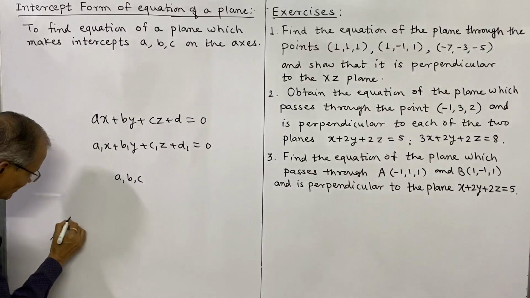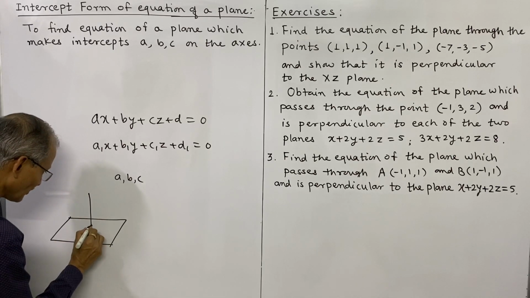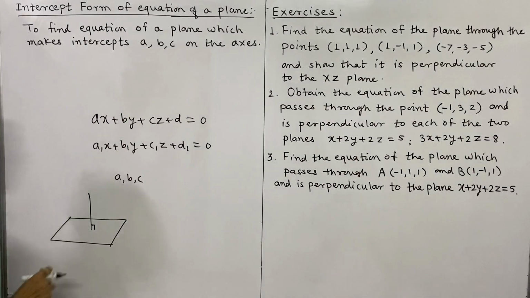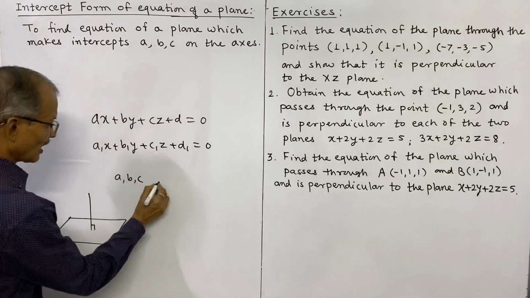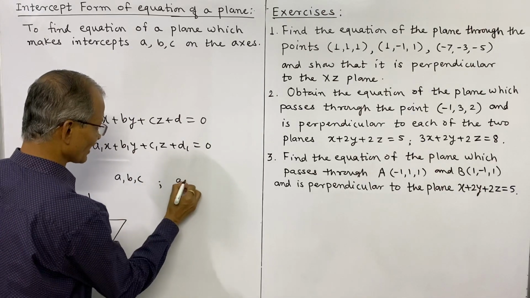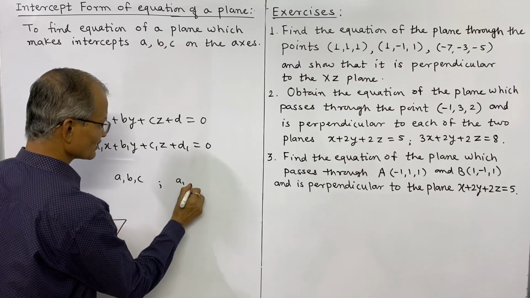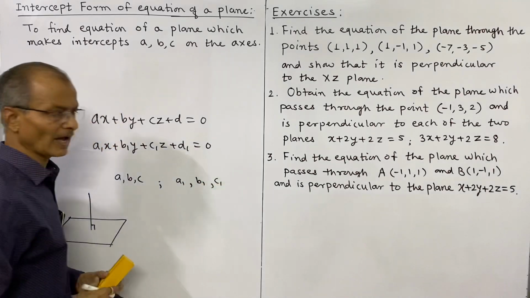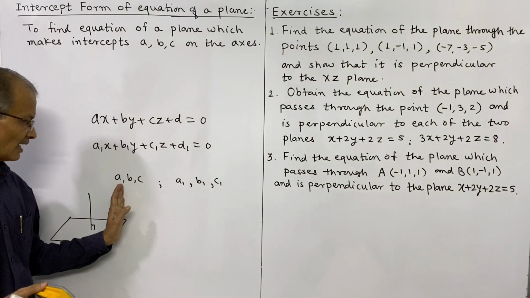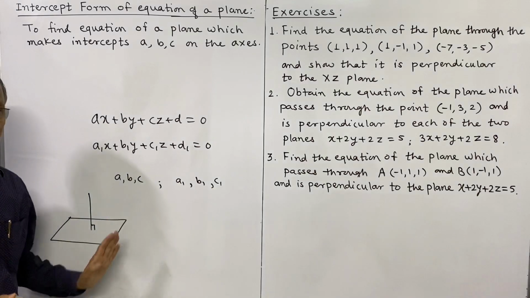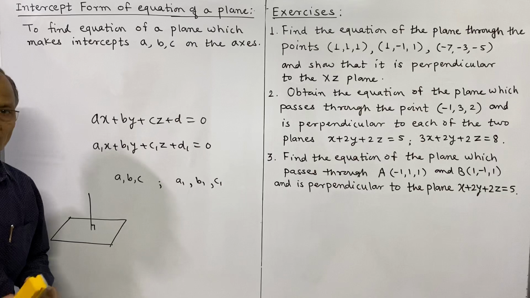Suppose this is the plane, then this will be the normal, which is perpendicular to the plane. So the normal to this plane has DRS a, b, c, and the normal to the second plane will have direction ratios a1, b1, c1. Then we have seen the angle between them is the same as the angle between the lines with DRS a, b, c and a1, b1, c1. That is cos inverse of a into a1 plus b into b1 plus c into c1, that we have seen.